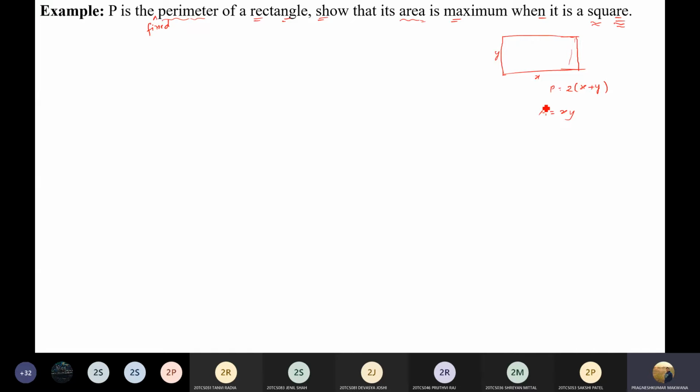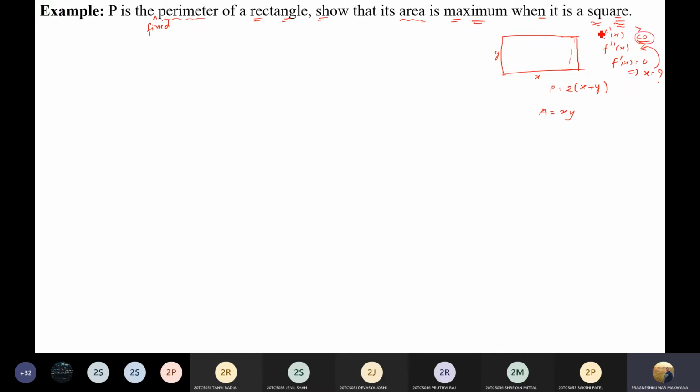So here the perimeter P is fixed. Now we want to find out when the area is maximum. So we take f dash x, then we find f double dash x. We take f dash x equal to 0, find the value of x, and substitute this value in the second derivative. If this one is less than 0, then you can say that the point is a maximum, and we have found the maximum area.